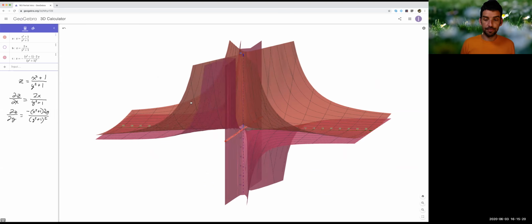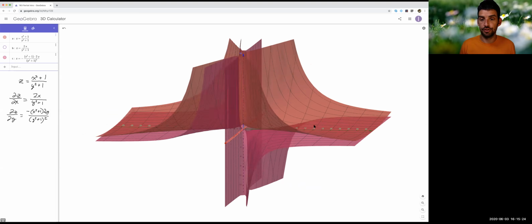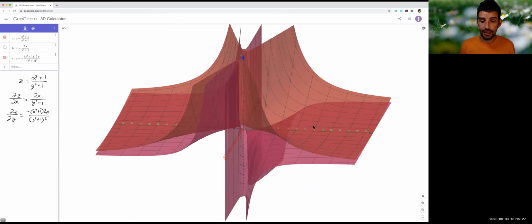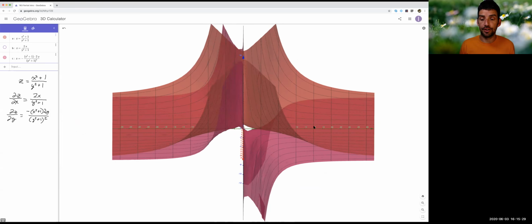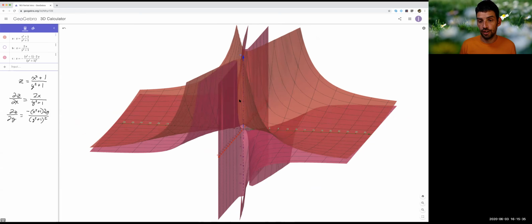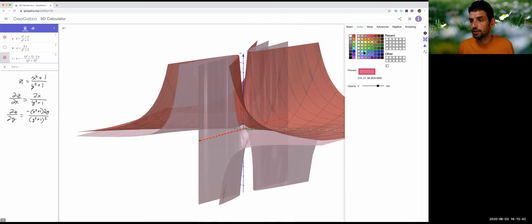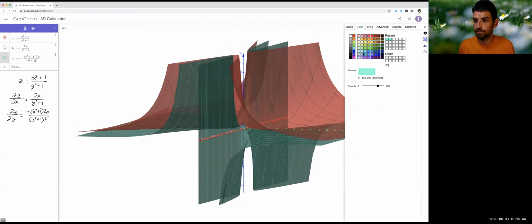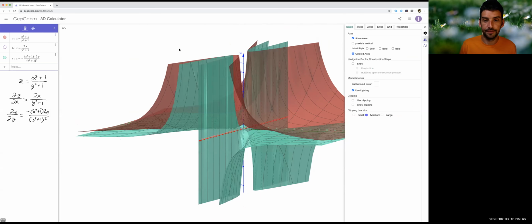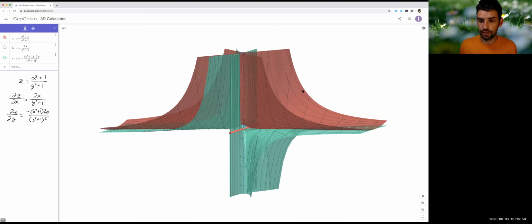You can play all the same games. Here's the derivative with respect to y, and you can play all the same games here. Now we'd be moving in the y direction, which is this green axis, in the positive y direction. So for instance, this is tricky to see. Let me do one quick thing. I should change this color. Let's make it something very different than blue rather than red. All right, so now, looking at this red graph,